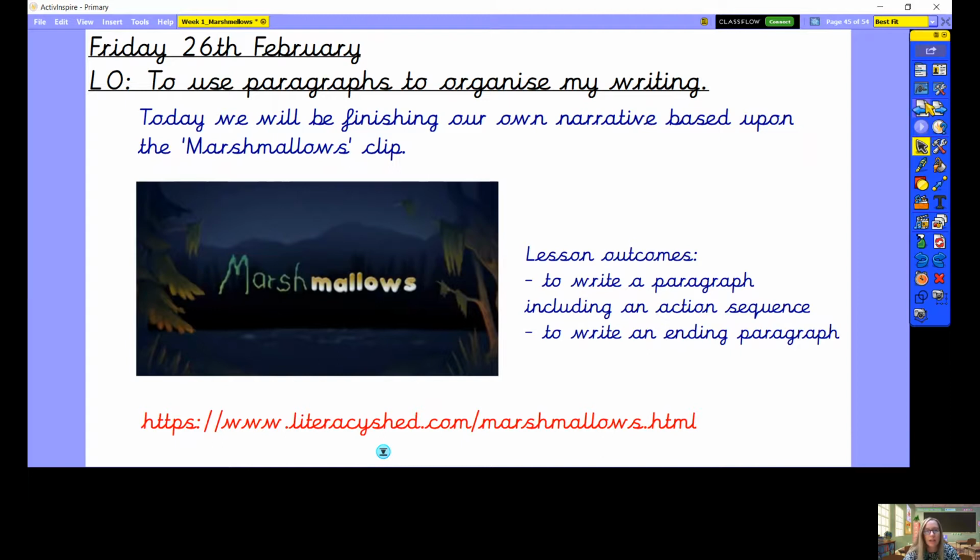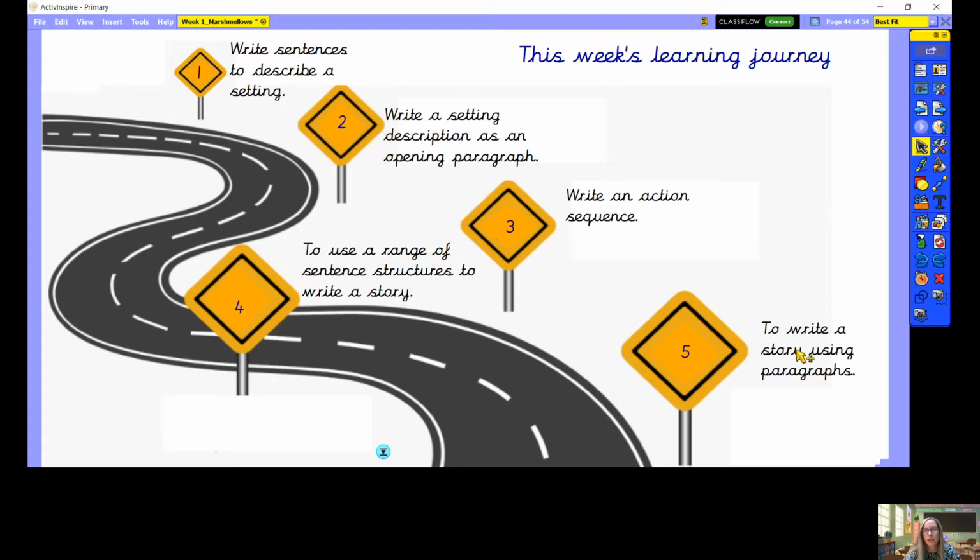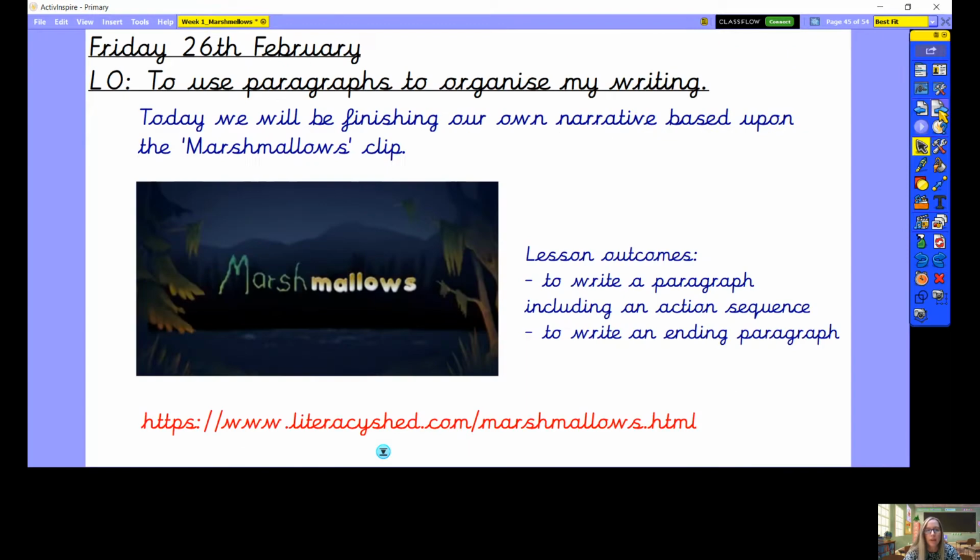Okay, so this is the last lesson that we have using the animation of Marshmallows. So we're on our final day of our learning journey, where we're going to finish off our story, making sure that we're using paragraphs in our writing. So today we're finishing off our story and thinking about including some more action sequences and writing a clear